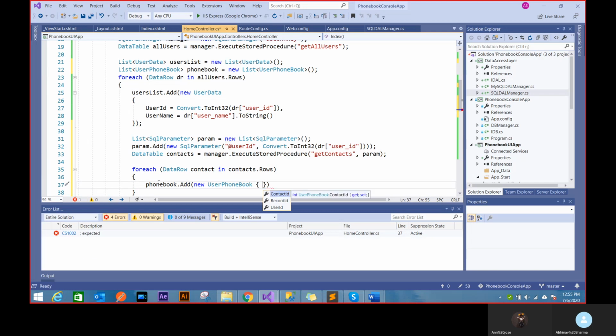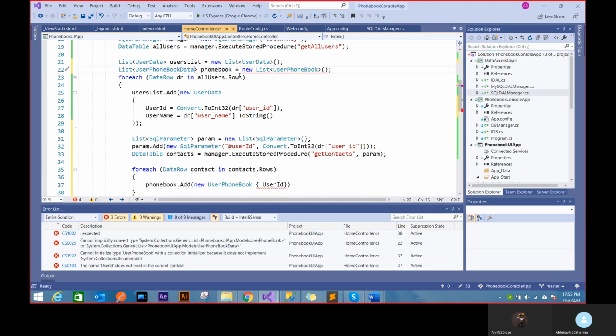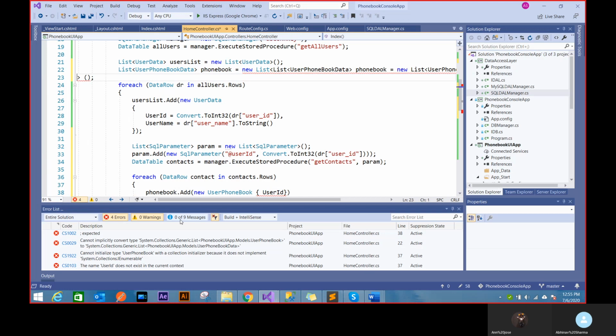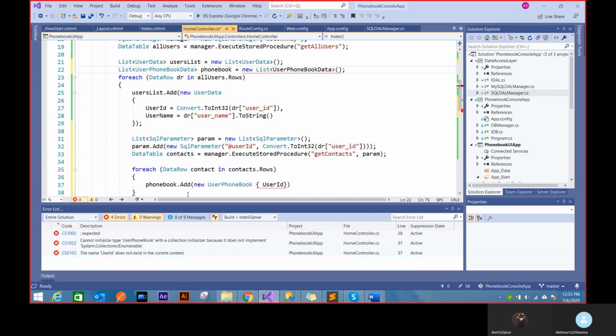User phone book, I'm not having a record ID now. I could also get that out from that. So I'm just putting a user ID. So it's not user phone book, it's user phone book data. Phone book data needs a different thing.